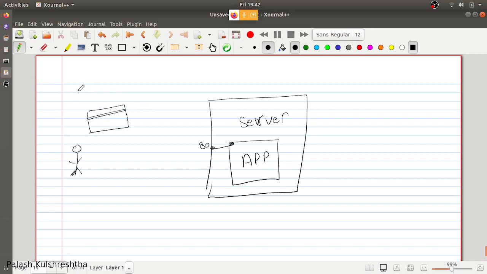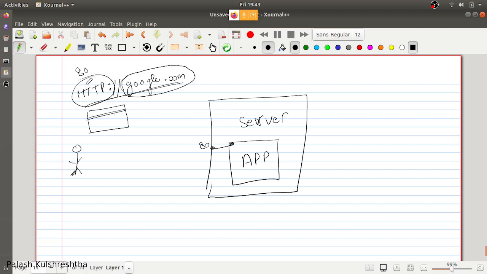So whenever you write http://google.com, what happens is HTTP signifies that we have to contact the server signified with the name google.com on port 80.